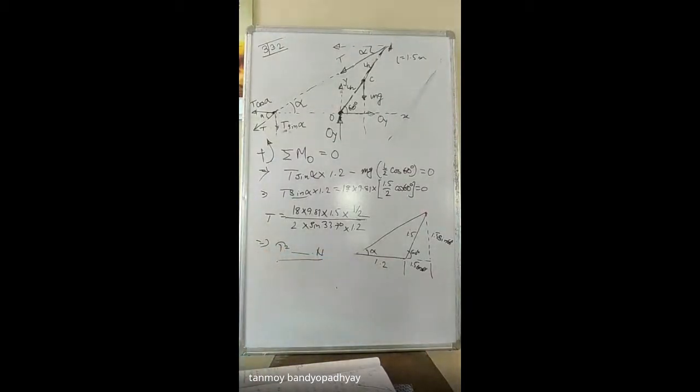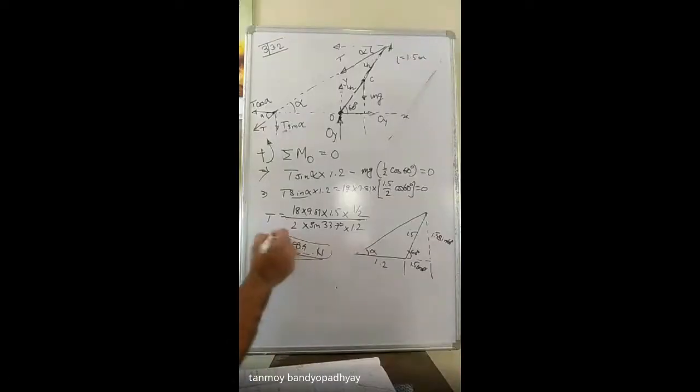So just calculate. 99.35 newton. So 99.4 newton is what I have got. Yes sir, 99.4 newton. So 99.4 newtons is the tensile force. So next we need to calculate OX and OY using the other equilibrium conditions. So once you are finished copying this one, just let me know.